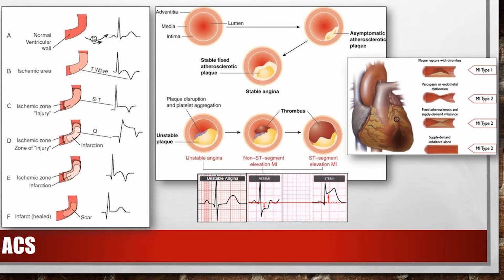The tissue now has no blood flow remaining. It's used up its entire supply. Front to back, the heart has no blood. And now you get the full ST elevation effect. Then that tissue dies and the ST elevation goes down. Q waves started developing back here, continue to develop. And you get some residual T wave inversion from what we call the border zone. That's tissue that's still ischemic upstream, but not so bad off that it's dead. And then ultimately, you end up with your healed infarction where you have a big Q wave left over as a marker of that infarction. All right? Okay. Very good.